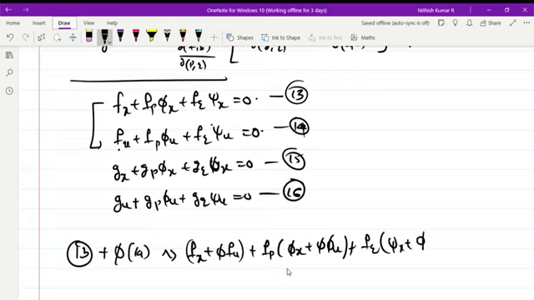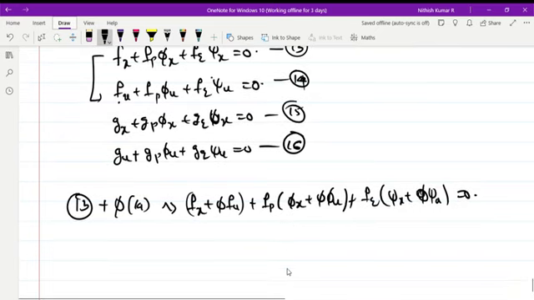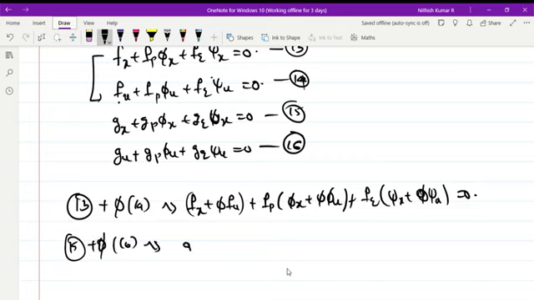Let's name these 13, 14, 15 and 16. Similarly, following the above procedure once again, that is equation 13 plus 5 into equation 14, we get now